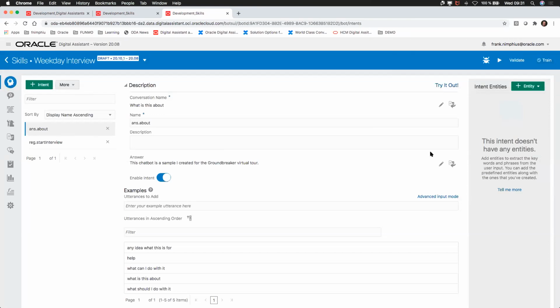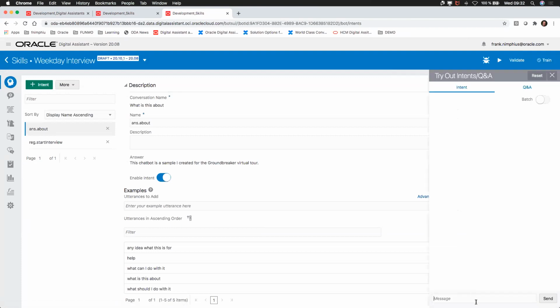And you see I press the button and I'm in machine learning and artificial intelligence, and I don't have a degree in data science. That's one of the benefits of Oracle Digital Assistant, that we try to make things easy. We try to abstract any machine learning algorithm or model from the developer, because you focus on what you want to build. I can immediately test it,